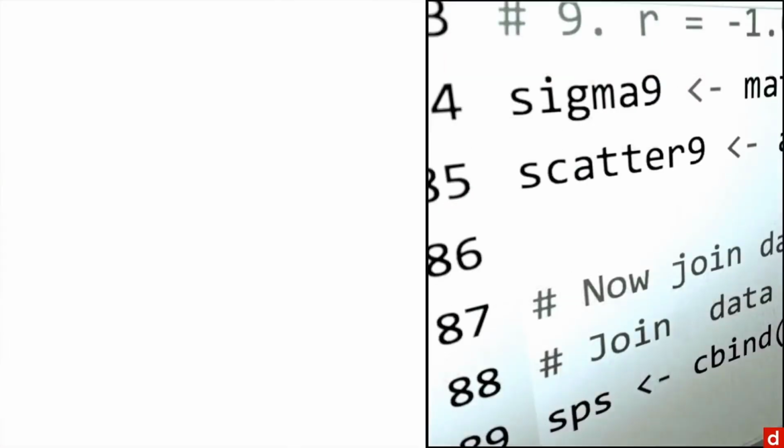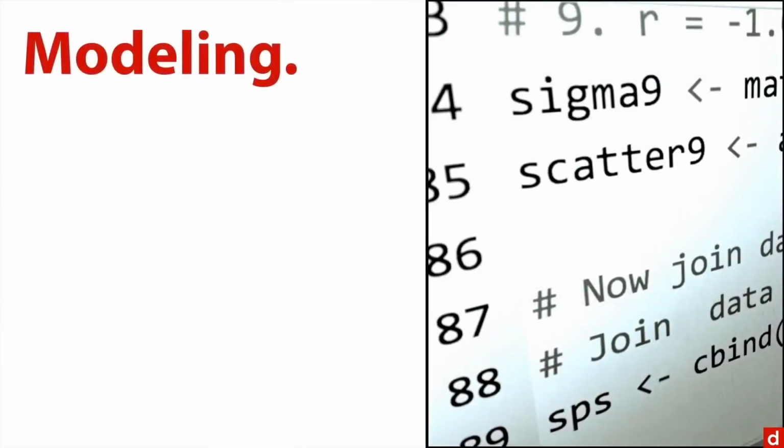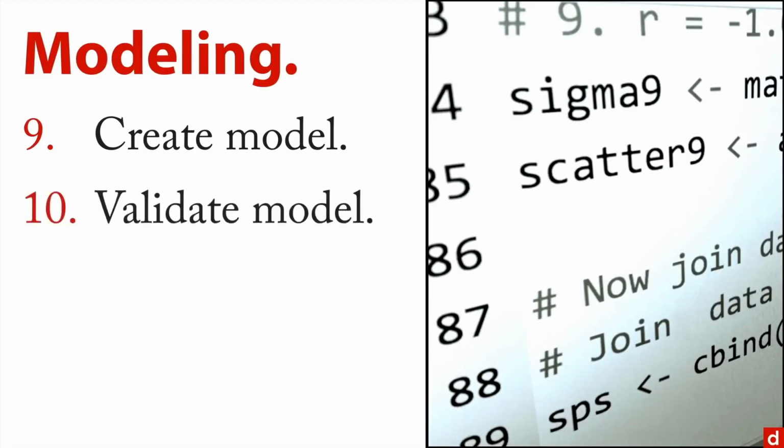The third group is modeling, or statistical modeling. This is where you actually want to create the statistical model. So for instance, you might do a regression analysis or you might do a neural network. But whatever you do, once you create your model, you have to validate the model. You might do that with holdout validation. You might do it really with a very small replication if you can.